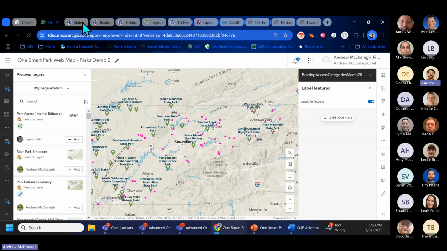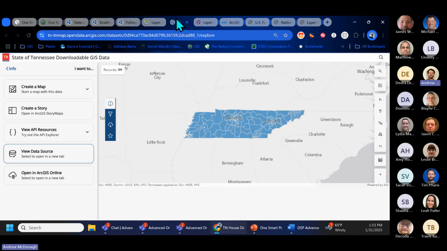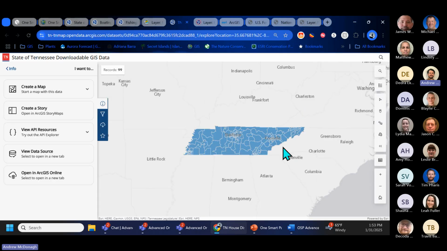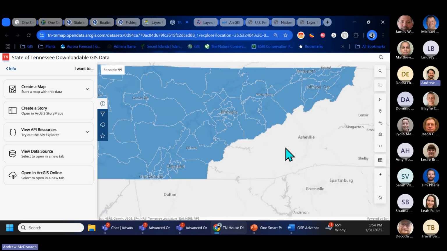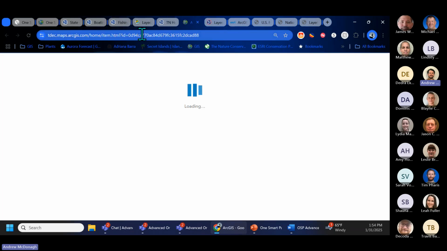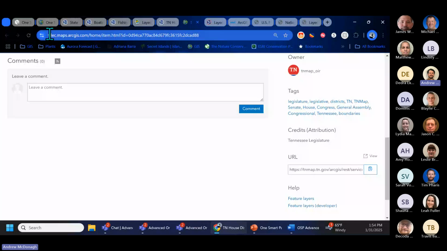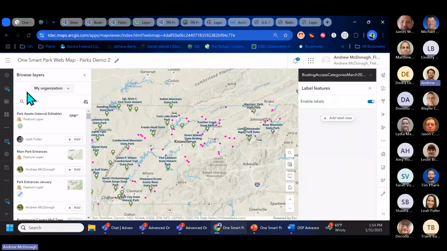Another layer I saw that was on there too was we had the House districts of Tennessee. So it's a legislative session. You might be getting some questions. You probably do know the people around your community, but maybe you have new rangers or you're trying to network and learn more about that. I can go to ArcGIS Online, find that URL. Sometimes it's located down here and you can copy, paste,